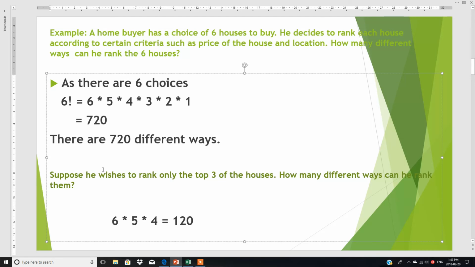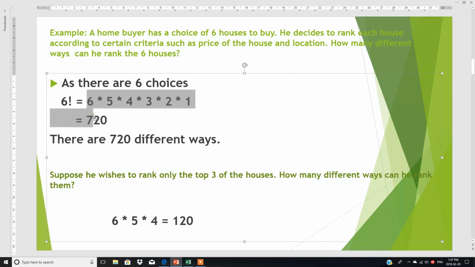Okay, so the next example is in the B part. Suppose he wishes to rank the top 3 houses. Here there are 6 houses, and in the first example he is considering all 6. But in the second example, there are 6 houses, but he wishes to rank the top 3. So top 3 does not mean 3 factorial. You cannot write down 3 factorial, which is 3 multiply by 2 multiply by 1. There are 6 houses. Out of 6 houses, he is going to prefer the top 3. So you will start from 6, 5 and